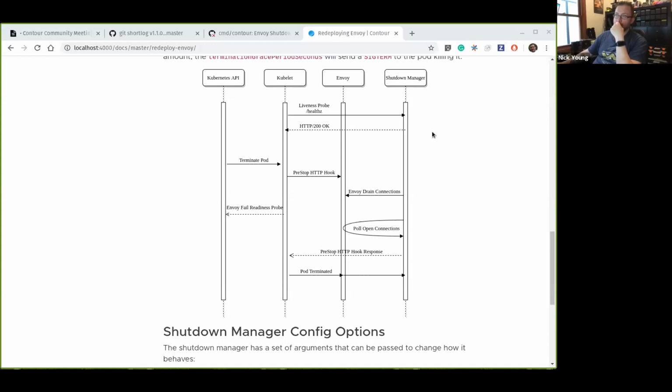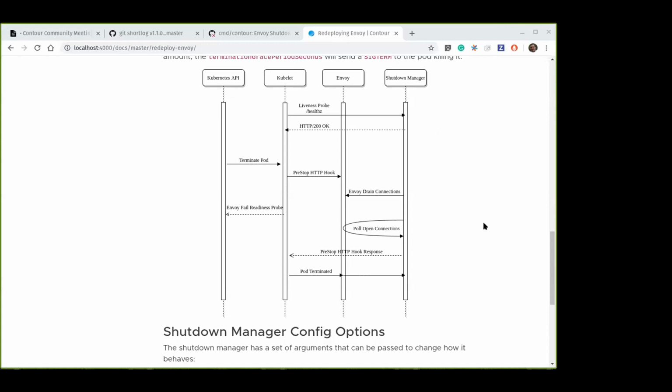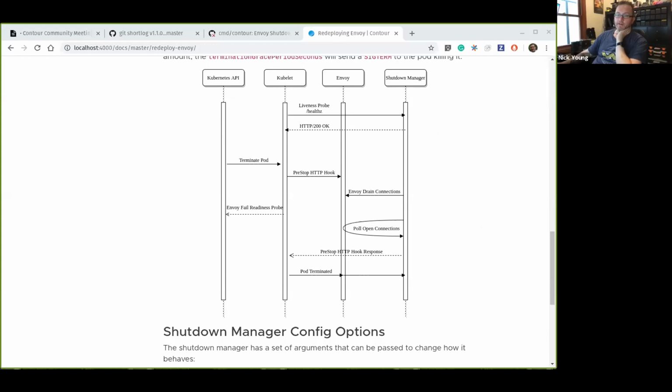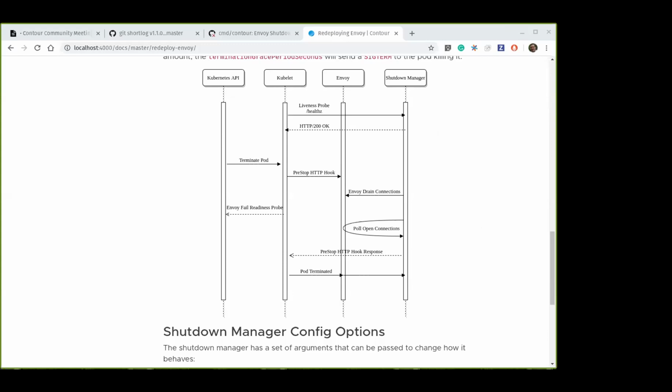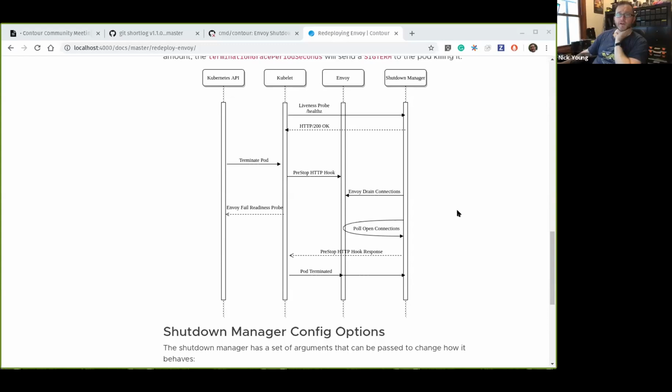Yeah. So one interesting wrinkle with this is the contour image is now in 2 places. I guess it was always in 2 places, right? The image was always associated with the Envoy deployment and the contour deployment. Yes. So if you change your contour image and you're rolling out a new contour image, you might want to orchestrate that so that it rolls out to contour first and then Envoy second, or whatever is appropriate, right? Yeah, I think in those ones we actually do set it to latest, as opposed to pinning the version like we do in the contour deployments.